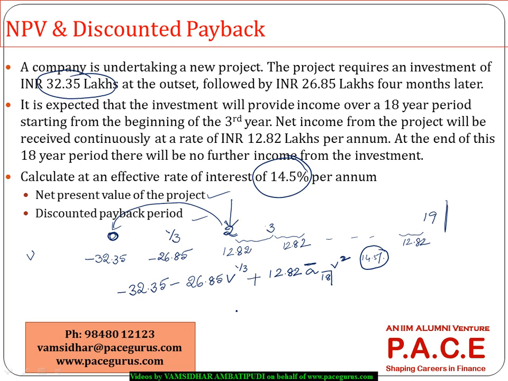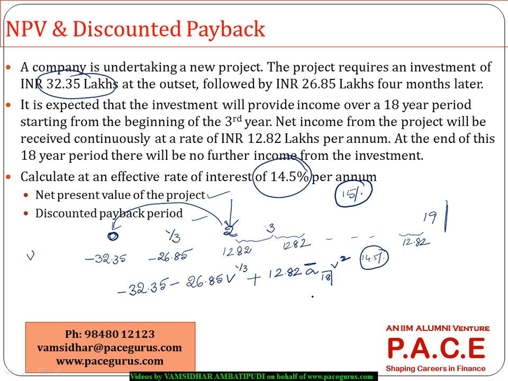But what is important is, having 14.5% as a part of my tables is going to be difficult. So that's where probably we can change. If it is through a spreadsheet, doing it may not be a difficulty. But if it is through a table, we have to check whether this 14.5% is available as a part of our tables or not. Since this is not available, we can even consider the scenario of 15% per annum. But if we are doing it through a spreadsheet, we can very well incorporate any of them,